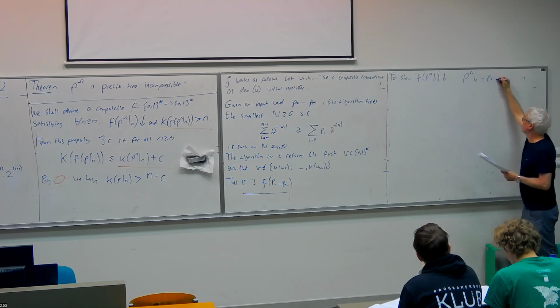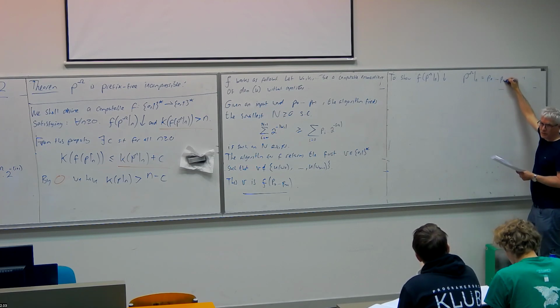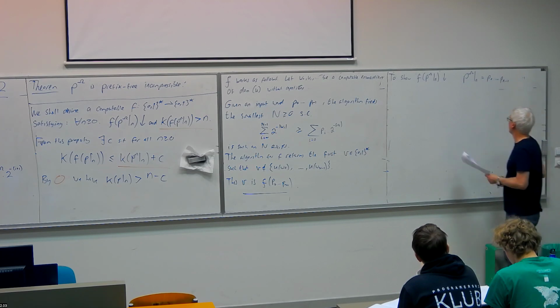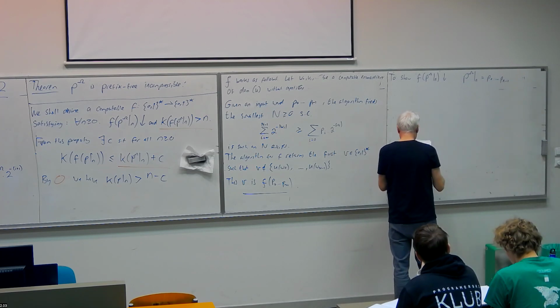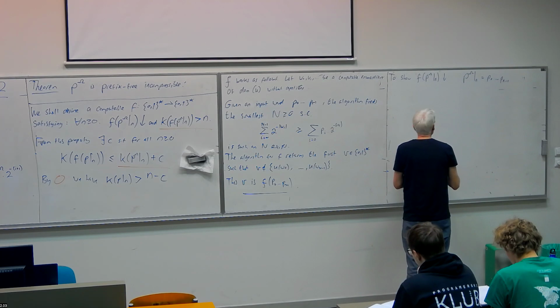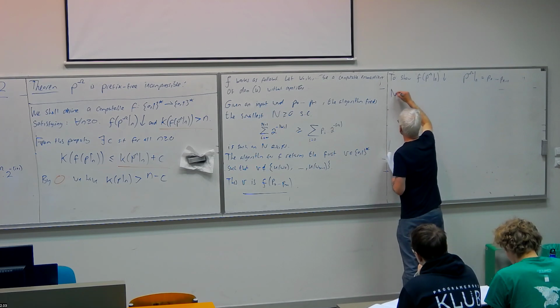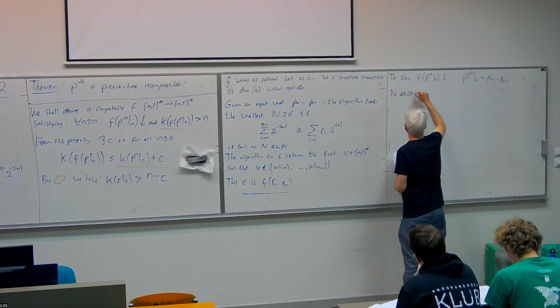I'm just going to write P0 to Pn minus 1 for this, since I don't want to write omega all the time. So we have n indeed exists because